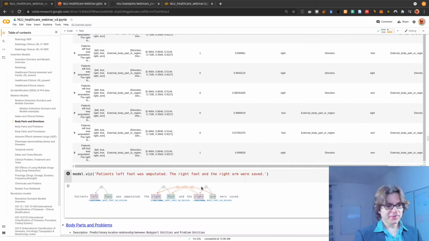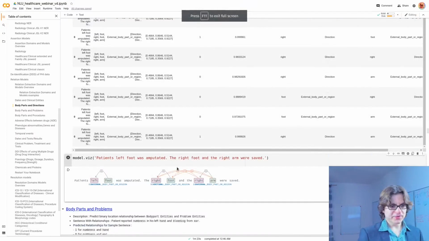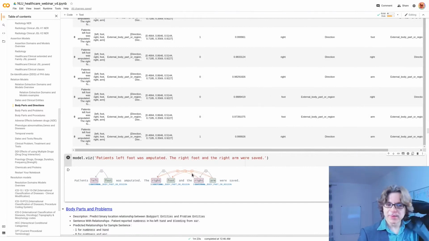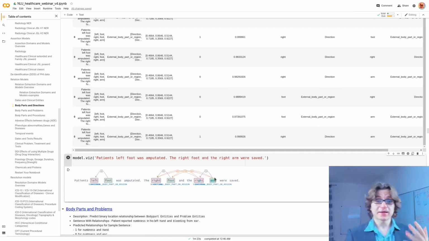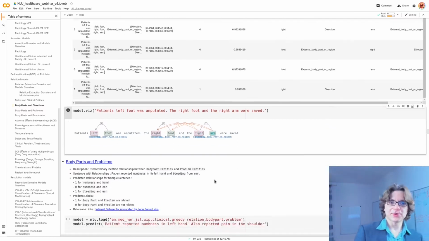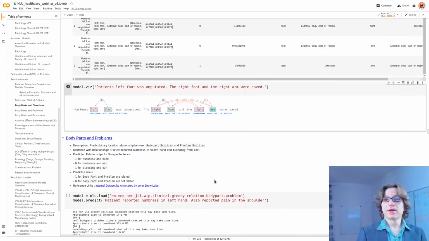This is why we have here, maybe let me full screen this, a 1. But this right does not refer to this arm. And this is why there is a 0. Or this foot is not referring to this right. Or the foot is not related with that arm, right? So we know there is no relationship. Cool. As I mentioned in the analytical problem, this is very useful. And then, of course,